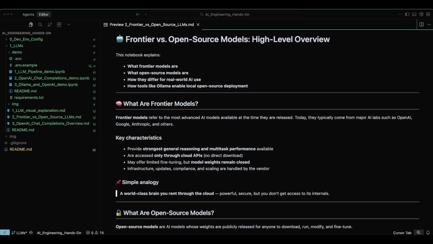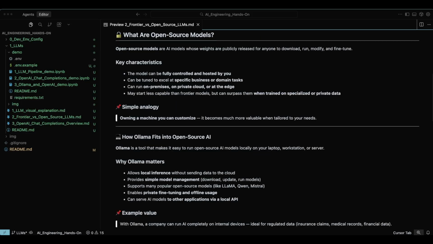Now, let's shift our focus from the core LLM concepts to talk about the types of LLMs we have available to us, namely frontier models and open source models. Frontier models typically refer to the most advanced AI models currently available, such as the models from OpenAI, Google, and Anthropic, which I'm sure you're familiar with. Some key characteristics of frontier models are that they provide the strongest general reasoning and performance of currently available models. They're accessed via APIs. They may offer limited fine-tuning, but model parameters, or weights, remain closed, and they're updated by the model provider. On the other hand, open source models are publicly